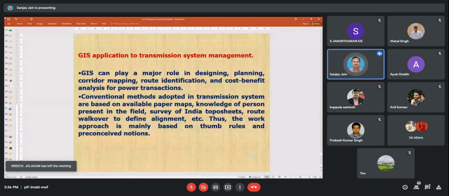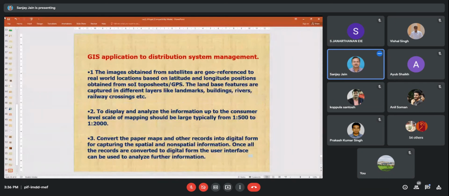But basically all the layers required from the transmission or distribution point of view, we can generate in a GIS. Satellite image, topography, longitude, latitude, all that we can use. The only thing is, whatever scale, whatever grid form, whatever grid size, all the information required, we have to do in a GIS.